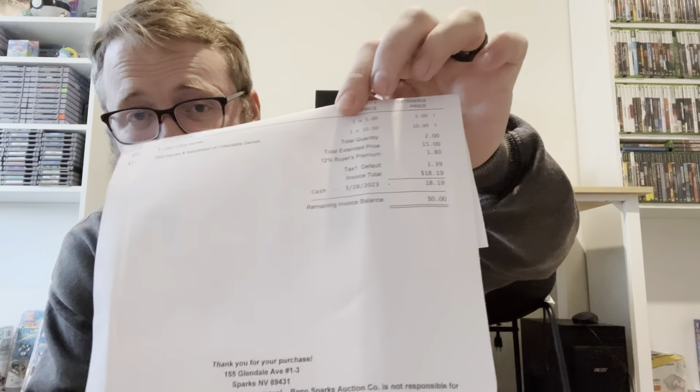And then the good Xbox games. It says 8 good Xbox games for only $5. Problem with this place, as I've said a couple times, is you don't go in and check. You can, but I don't have time to do that usually. So when I took these home and opened them all up,